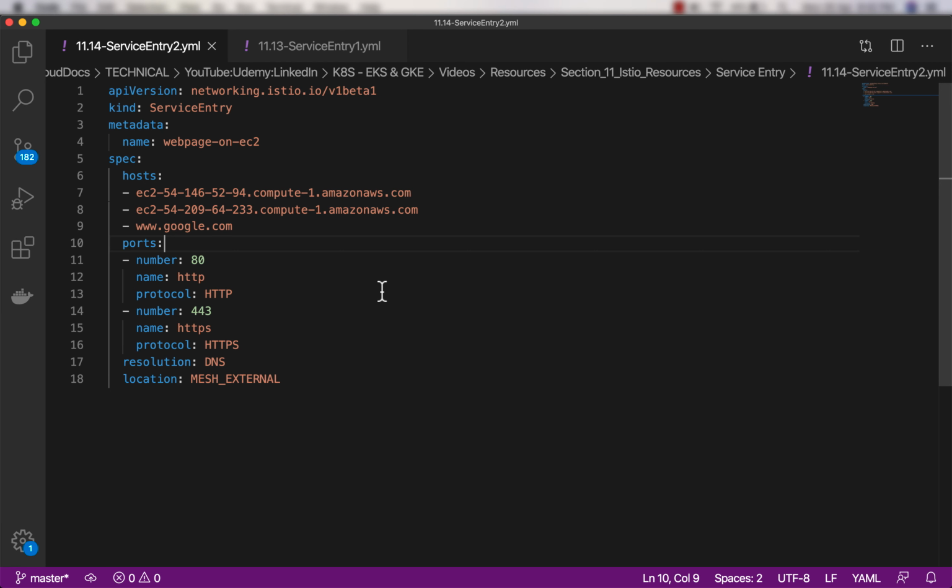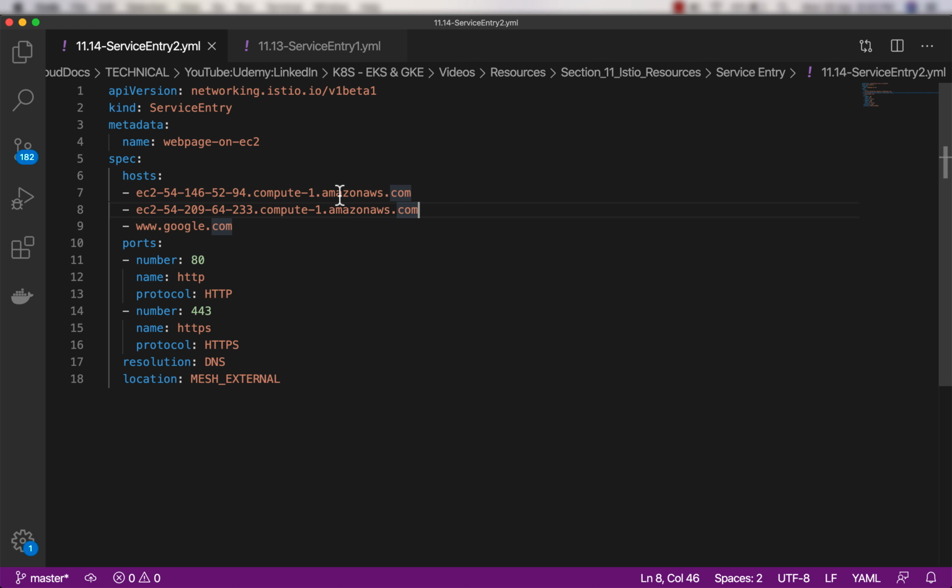The next thing I want to talk about is that we have this service which is being hosted on AWS's domain name, amazonaws.com. The second one is also compute-1.amazonaws.com. So let's say you have services like this on a common domain name, and you want your application in the pod to connect to all the external applications which are hosted on the domain amazonaws.com. For our example it is amazonaws.com, but it can be anything for you. So do you go ahead and type DNS names of all those services here, one after the other? The list can become really big. But the purpose is that you want to allow a subdomain.